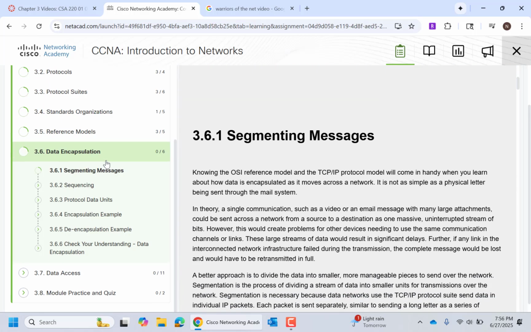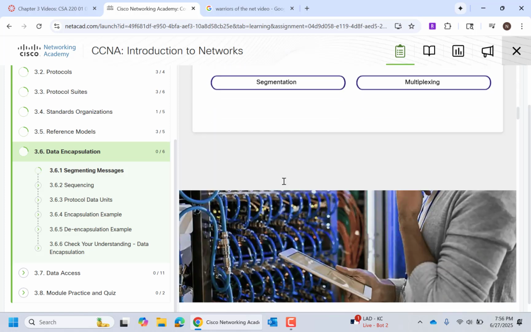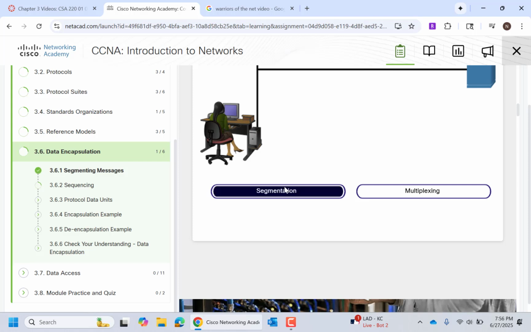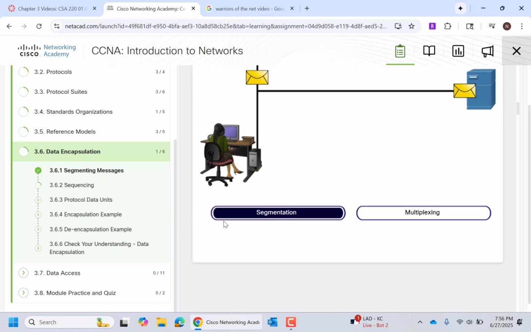The next section is about data encapsulation. Just think about data encapsulation as breaking down that message into smaller chunks and then putting the things we need on those chunks to ensure delivery. Well, what types of things do we need to add? IP addresses, MAC addresses, the type of communication it is, such as DHCP or DNS and all those different things. So right here, this computer is sending messages and it's breaking it down into smaller chunks. That's what this data encapsulation is all about.